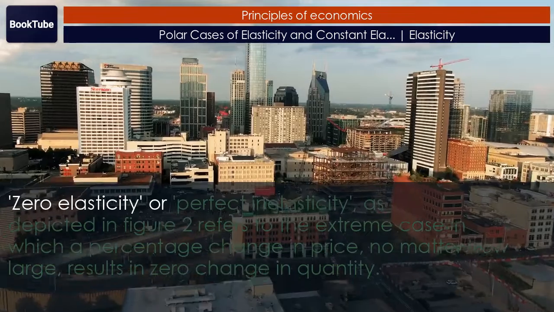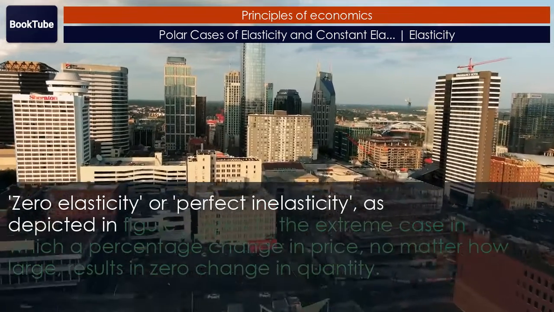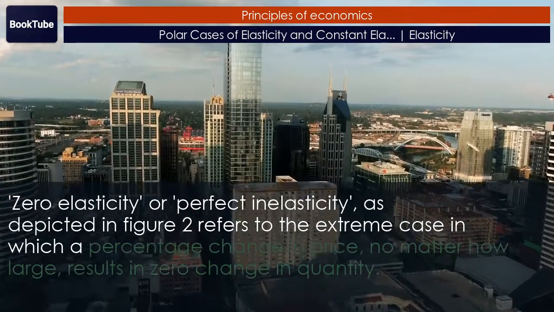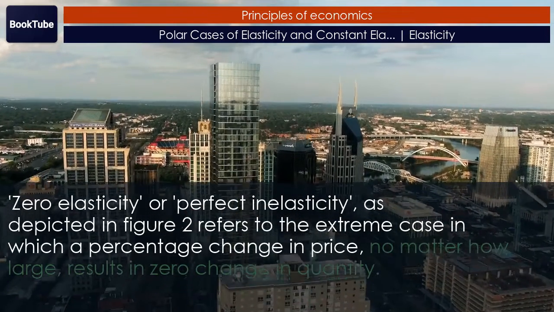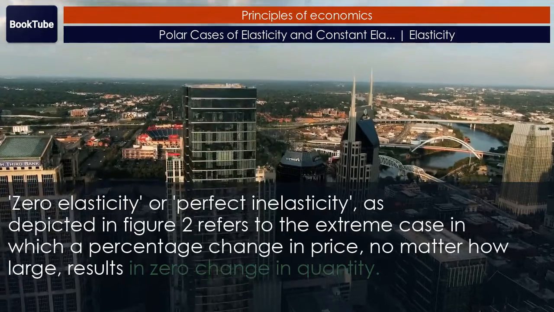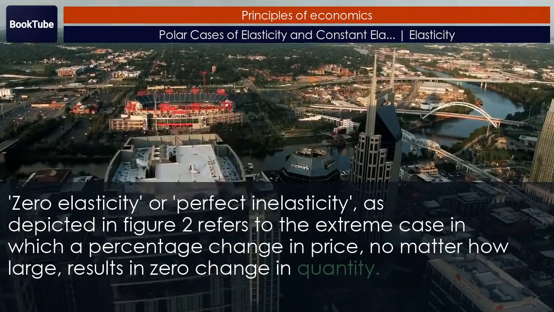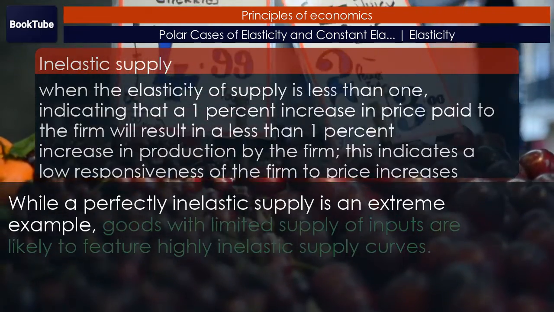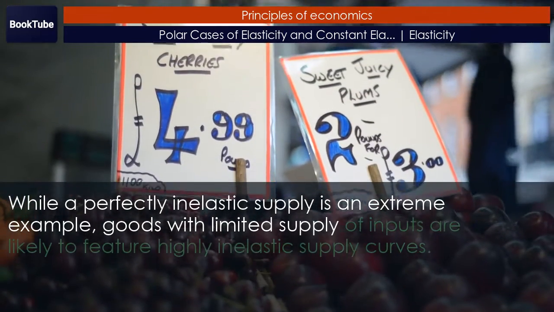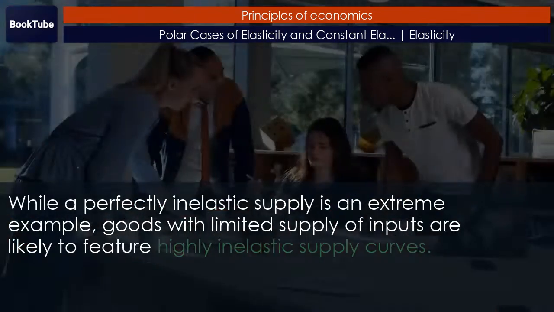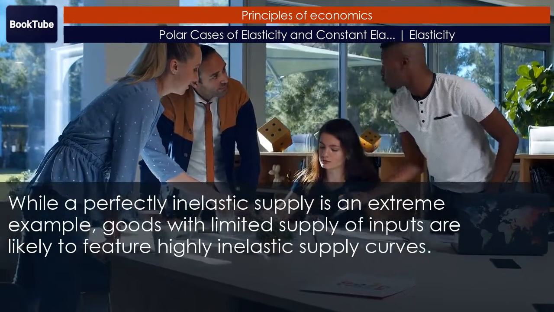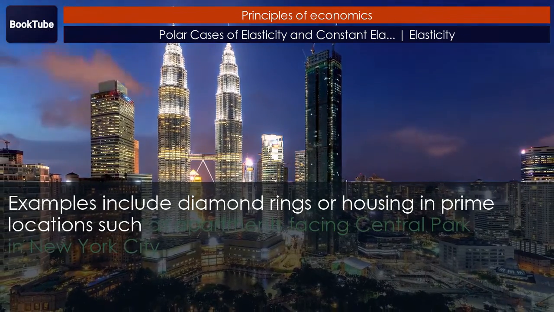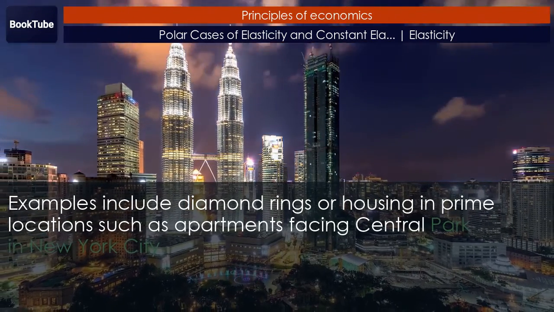Zero elasticity, or perfect inelasticity, as depicted in Figure 2, refers to the extreme case in which a percentage change in price, no matter how large, results in zero change in quantity. While a perfectly inelastic supply is an extreme example, goods with limited supply of inputs are likely to feature highly inelastic supply curves. Examples include diamond rings or housing in prime locations such as apartments facing Central Park in New